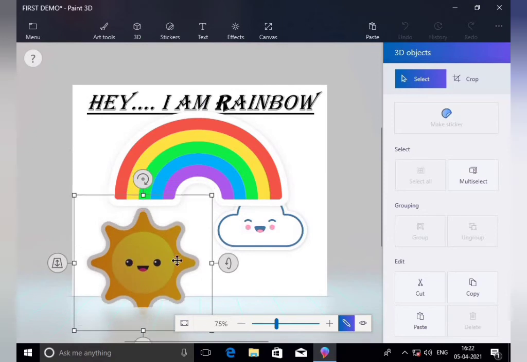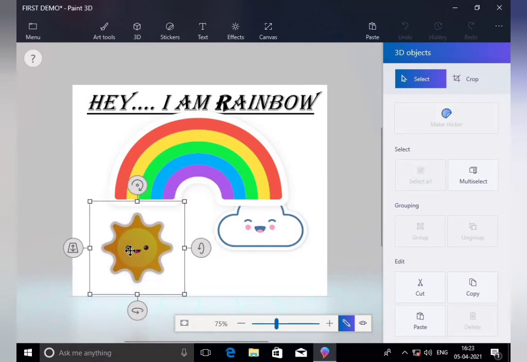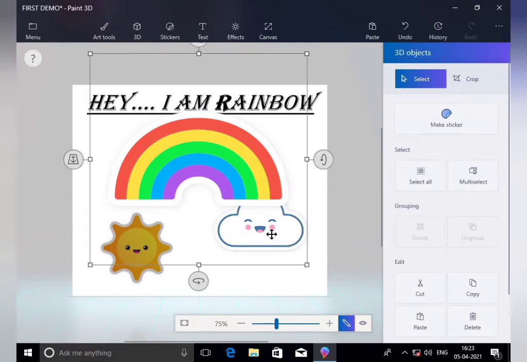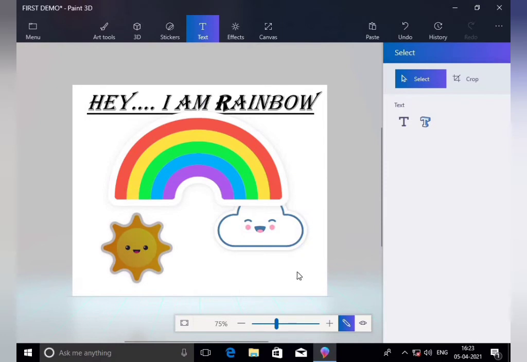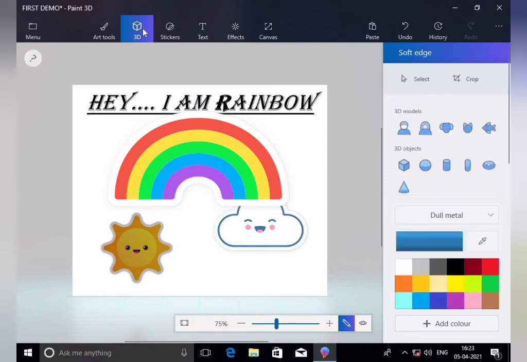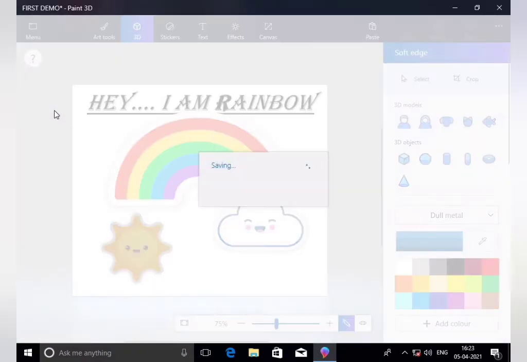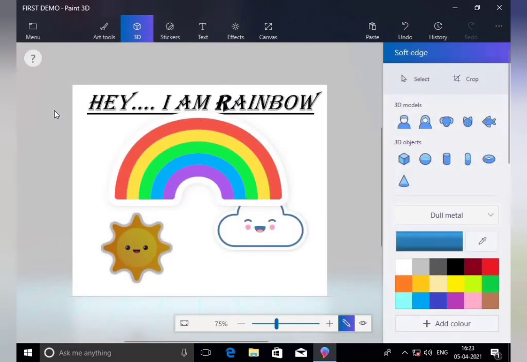Now see our picture here, the sun, we have to make it somewhat smaller, so it is easy. But the sky is not clear, so we have to erase it, but it is okay now. So this is our paint picture, right? So we can add something new from here. For example, now save. So our document will be saved. So we can save our document.